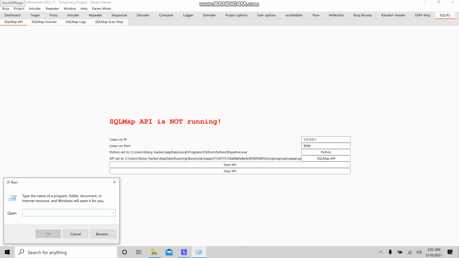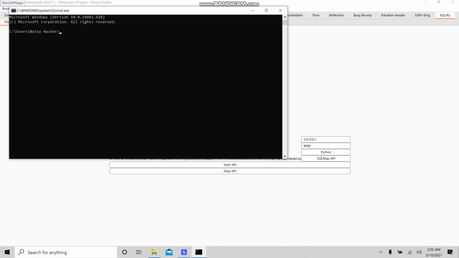So we need to download it from the Sqlmap website or from GitHub, and we need to navigate to the directory. So let me navigate to the directory where I have kept Sqlmap. Okay, so let me run the Sqlmap API. So first python, followed by sqlmapapi.py -s